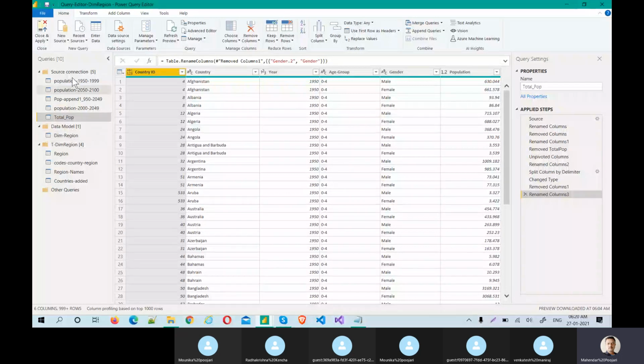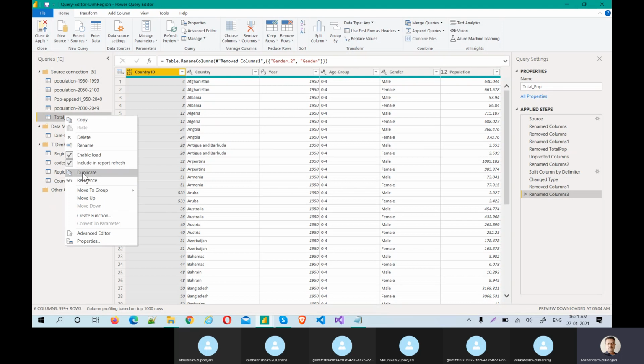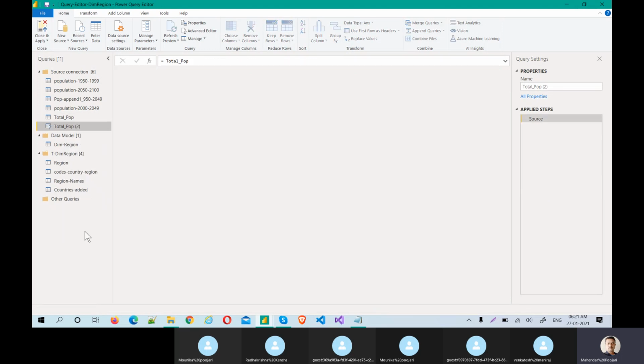They could say change this file's data information in future. So you cannot do manual work again and again in Power BI. Once you make it a reference, whatever change comes in the source table, once you refresh, all the new data will be loaded automatically. Okay, so that is the difference. Now let me take a reference of this to prepare dim age group.